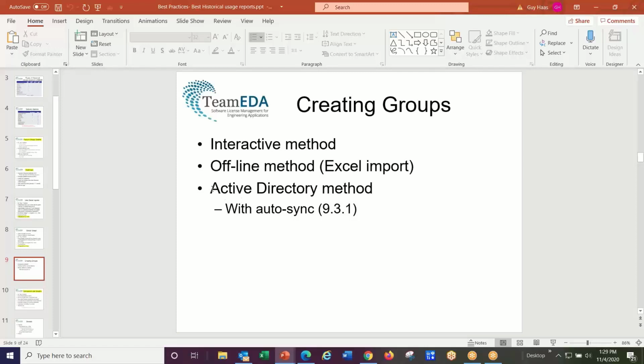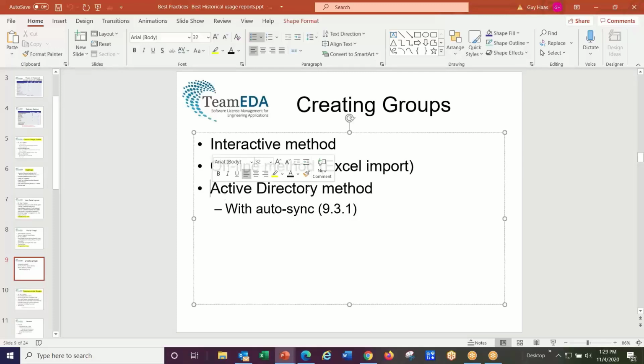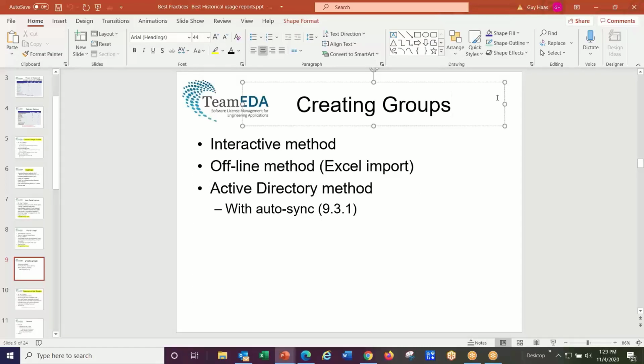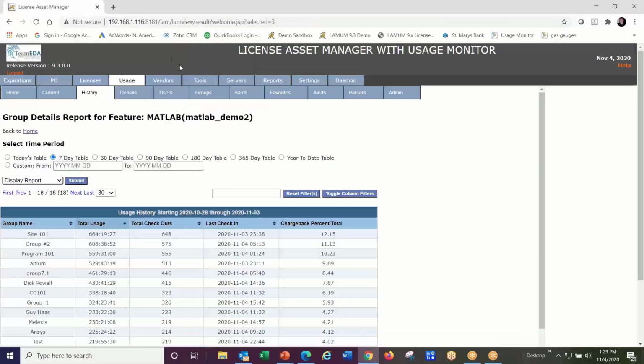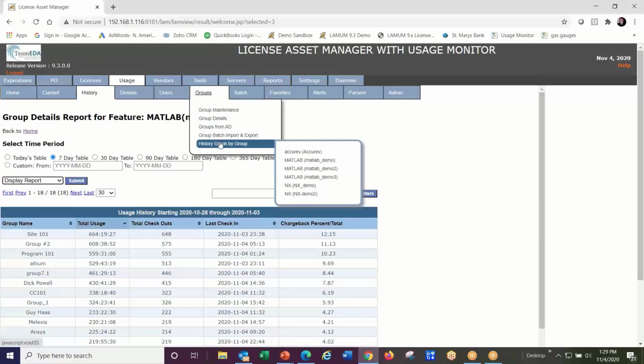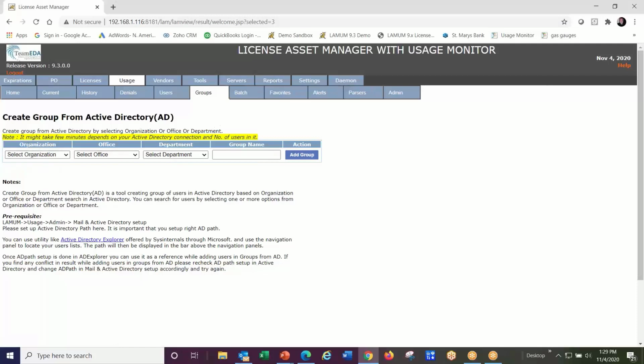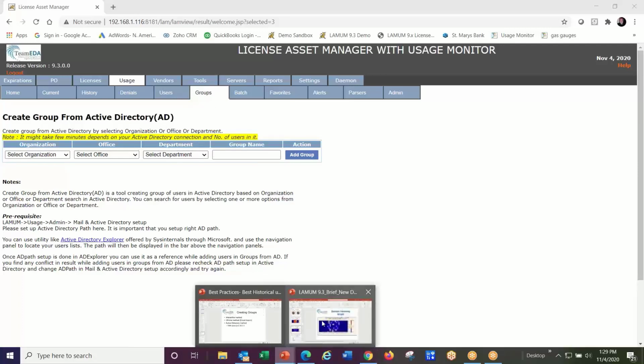And the third way is using your Active Directory to create the groups. So assuming you're hooked up to Active Directory, you can go in there and select organization, department. There's 3 different, let's just go look real quick here. Groups by AD. So you can create it by organization, office, or department, some combination of the 3, give it a name, add a group, and it'll go to Active Directory and list everybody that meets those criteria. You can save those criteria, and then in